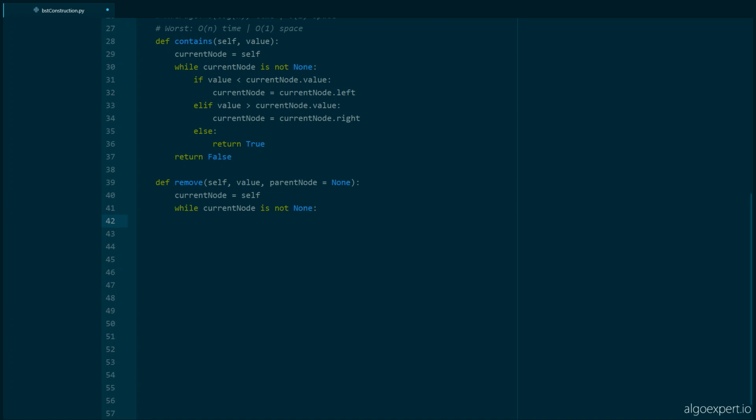Basically, it's as I said in the conceptual overview, you can think of removal as a two-step process. First, you find the node that you're trying to remove, right? Or you find the value that you're trying to remove. And then you actually remove it. So while the current node is not none, if the value is less than current node.value, so the value that you're trying to remove is less than current node.value, then you set the current node to be equal to current